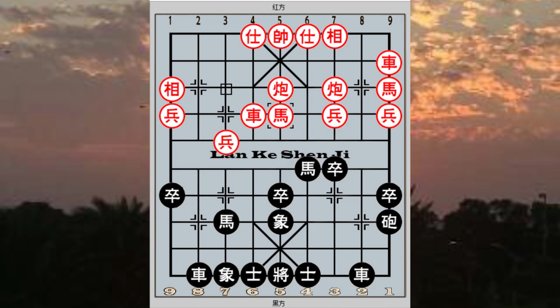So red would trade material, and at this point in time, black will use the horse to trade material. It will be the correct order of moves to make. Black cannot jump the gun and play c1 plus 4 at this point in the game, because